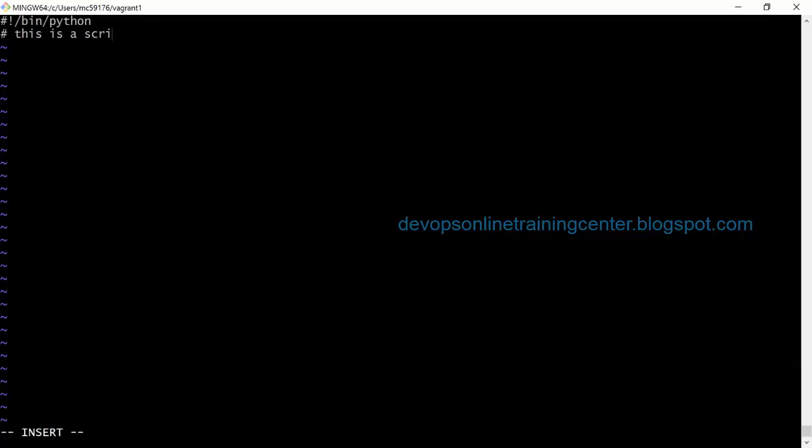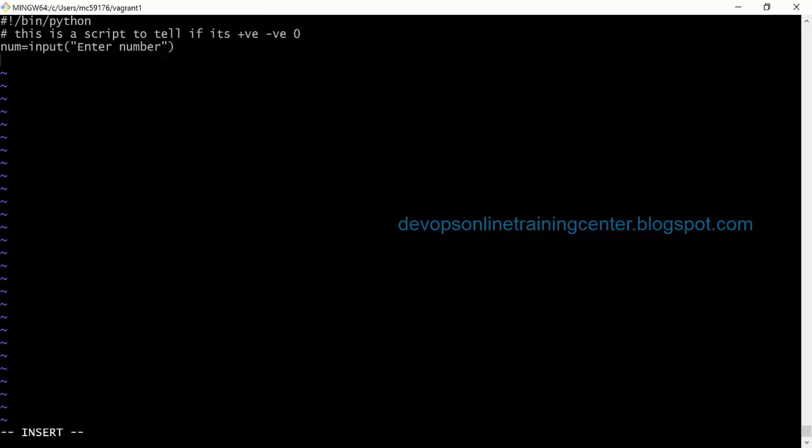This is a script to validate and tell if it's positive, negative or 0, right? So again I'll use number is equal to, number is a variable, input, enter number, right?